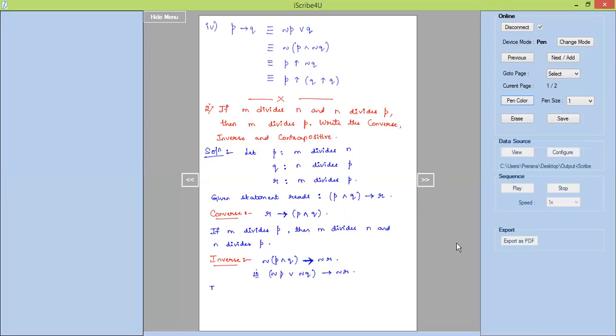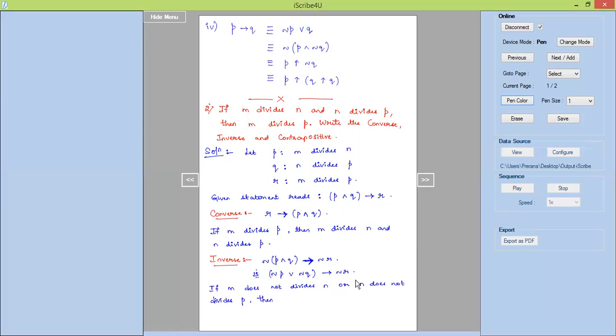Negation P means if M does not divide N, or, there is an or symbol in the middle. Negation Q means N does not divide P, then, conditional says if, then